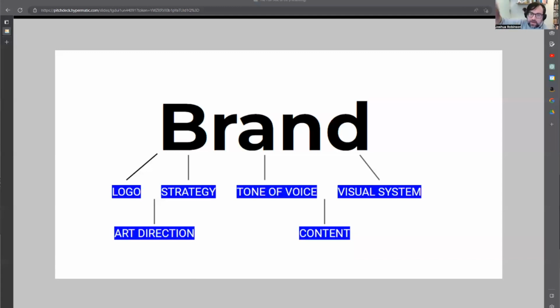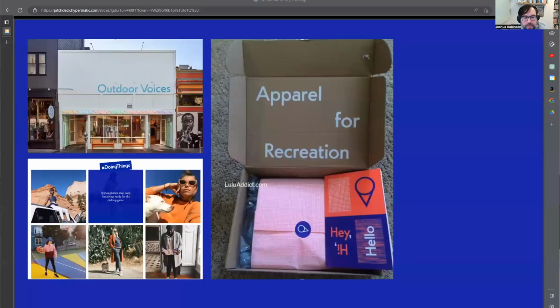If I can bring it full circle back to UX design and user interface design. When you think about what makes up a brand, insert any brand that you like, it doesn't matter, you're going to have these different elements: logos, art directions, content strategy and tone of voice, their visual design system, their overall strategy in the marketplace. And these brands bring these elements together and communicate something about the brand.